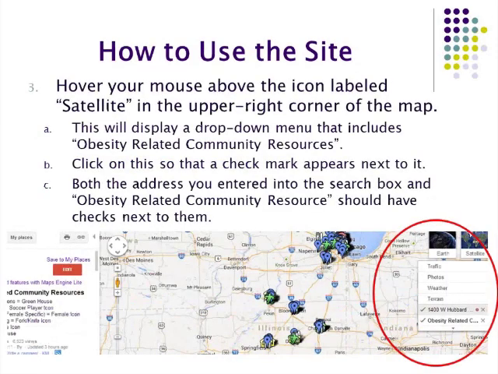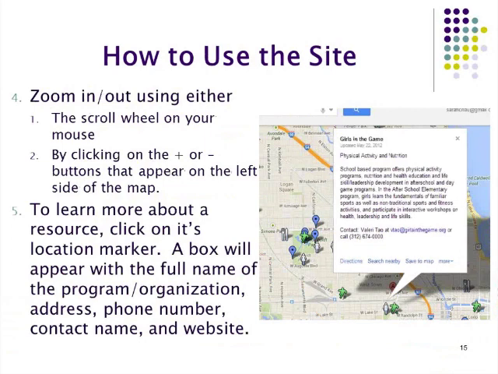Once you've typed in your address, the site will hover in on that location. Then you will place your mouse in the bar. Once you've done that, obviously you're going to want to zoom into a space that is best for you. You can either do that by using the scroll wheel on your mouse, if your mouse has that capability, or you can simply click on the plus or minus buttons that appear on the left side of the map, and that will enable you to zoom into a space that is easier to search.